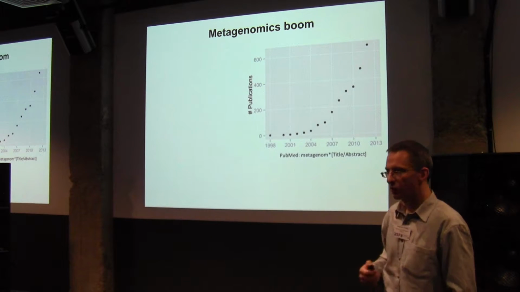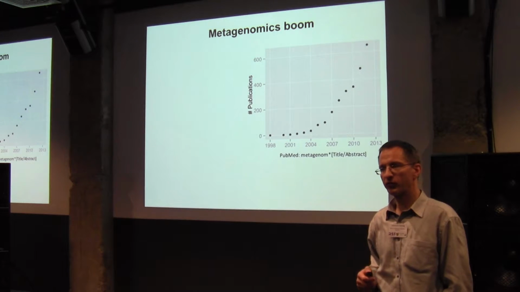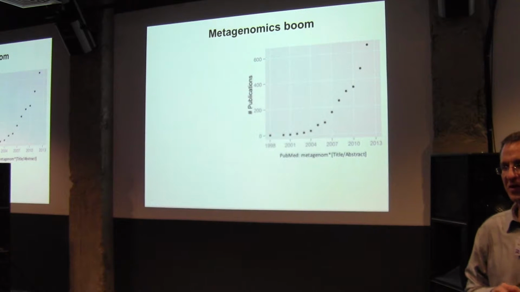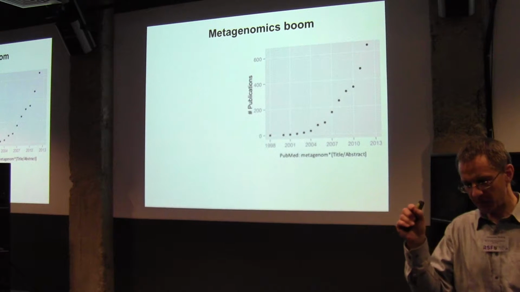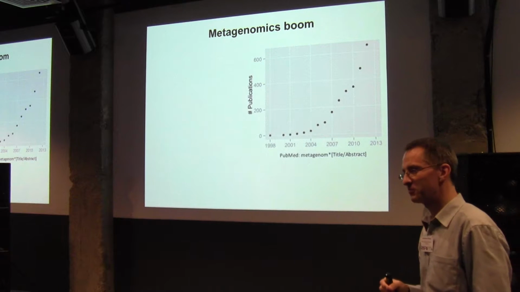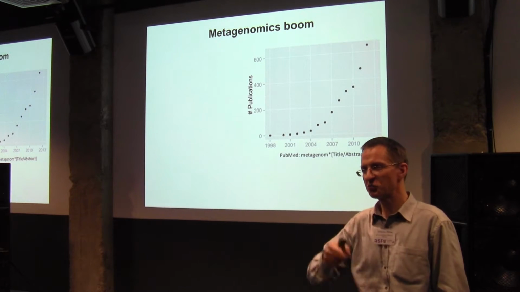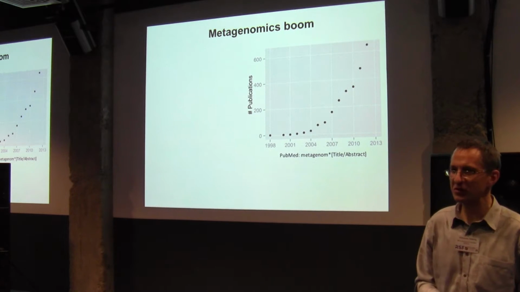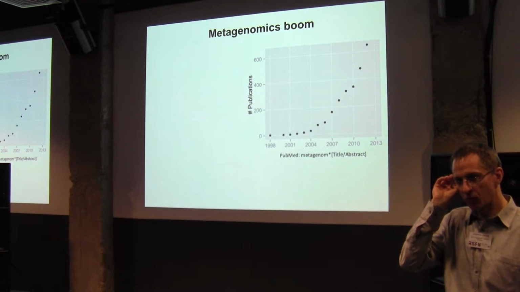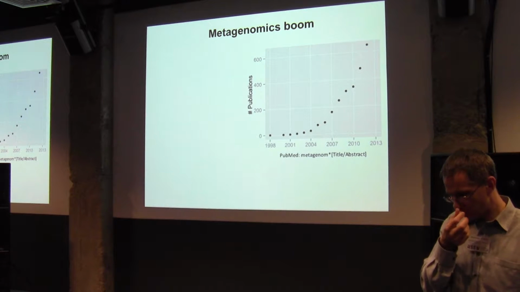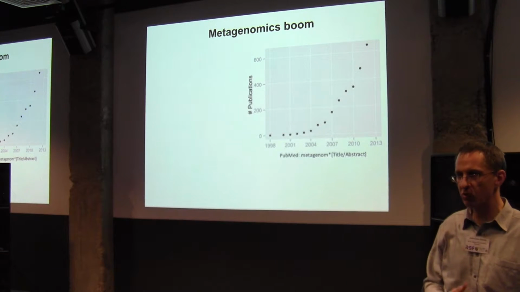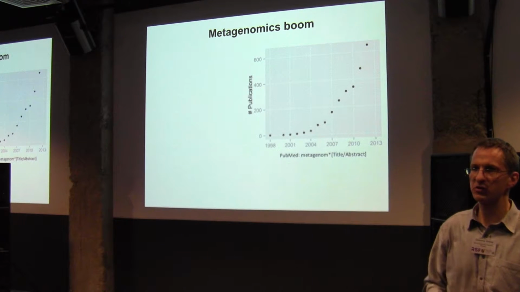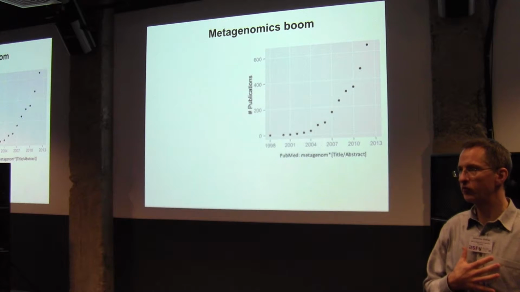There's an associated boom with the lowered cost of next generation sequencing, and this boom is in metagenomics. So metagenomics is all over the place now. I've put up a PubMed alert that sends me all the articles mentioning metagenomics every week. It gets longer and longer, and many of them are actually now in Nature, Cell and Science. And one of the reasons why this is so popular now is because people are realizing more and more how important the gut microbiome is for humans. So there's a very intimate interaction between the gut and the immune system and even the brain.